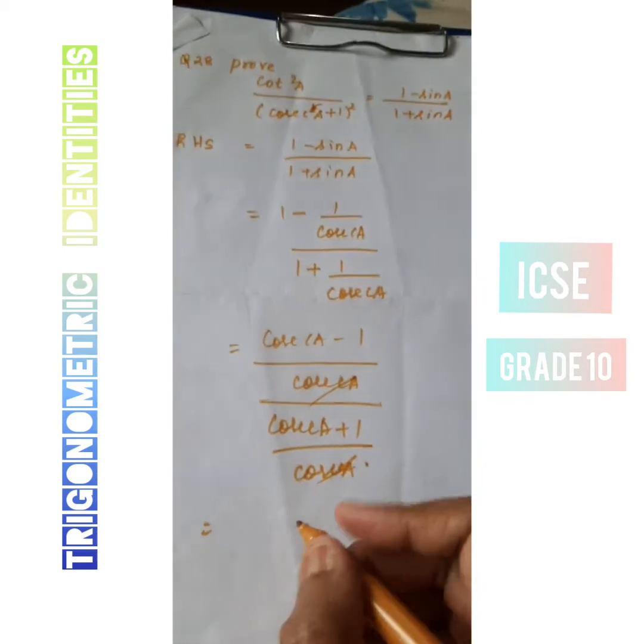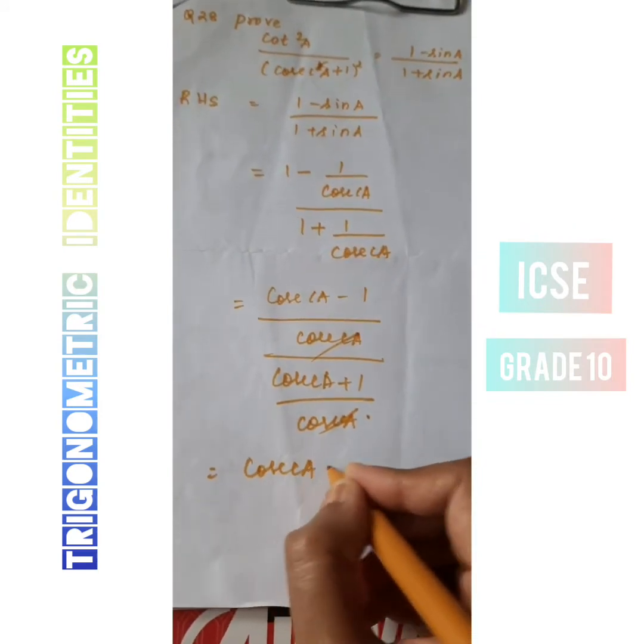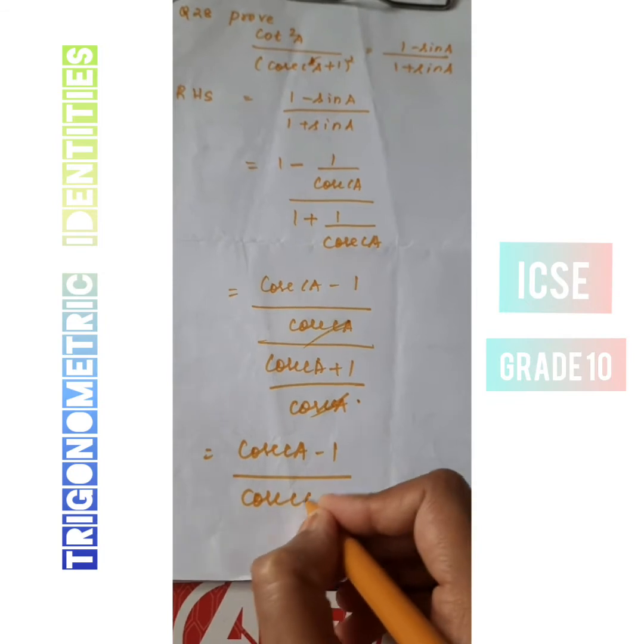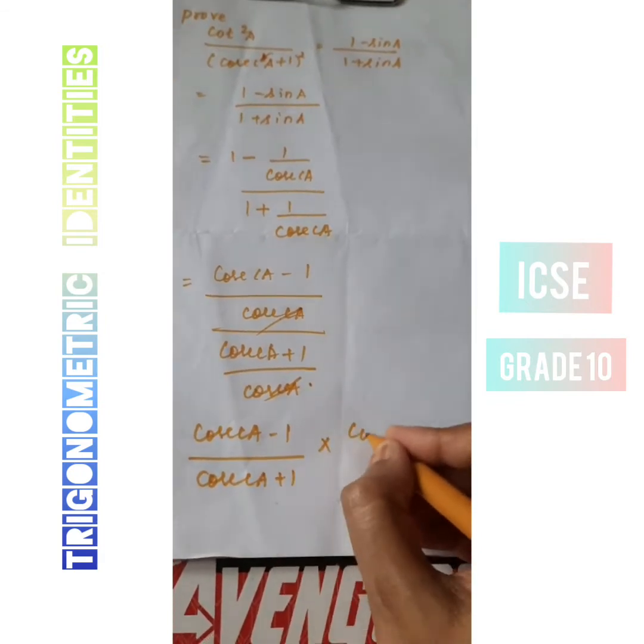So it's going to be cosecant A minus 1 by cosecant A plus 1, into cosecant A